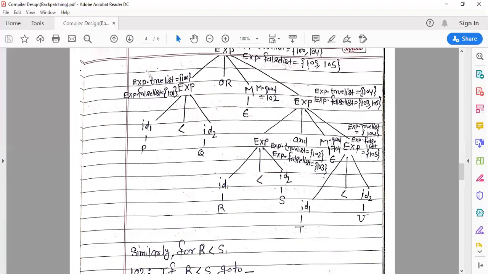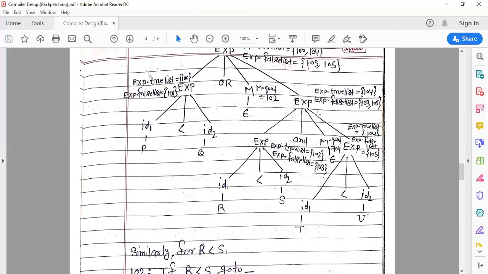Exp dot true list is 104, and exp dot false list we get 103 105, because exp dot true list is equal to exp2 dot true list, and this exp2 dot true list is 104. So this is assigned to exp dot true list, and exp dot false list, as you have seen in the semantic rule, is merge exp1 dot false list comma exp2 dot false list. So merging 103 and 105 and assigning to exp dot false list.